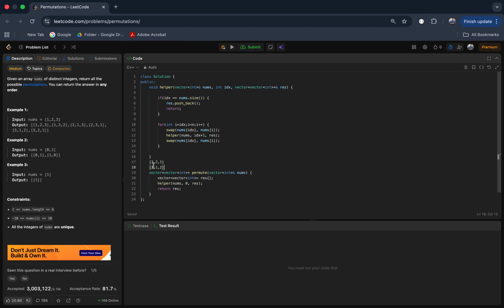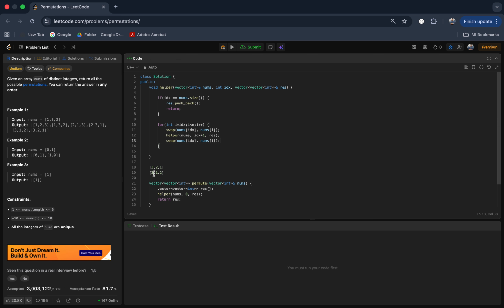I feel I need to swap it, but the question is why? Why do we need to swap it here again? Because this swapping makes sense, since we need to make one element fixed with some other element. For the first time we did it with one, for the second time we want the second index to come to one, and the third time we want the third index to come to one. Correct. So if we're not doing this backtracking swap, then there might be a case that whenever